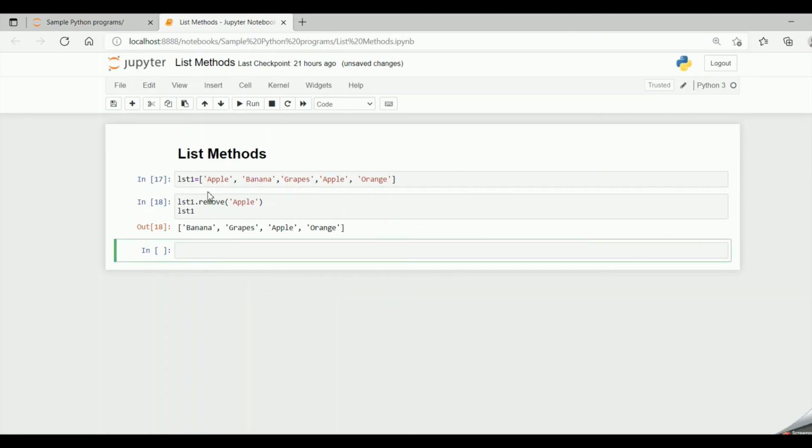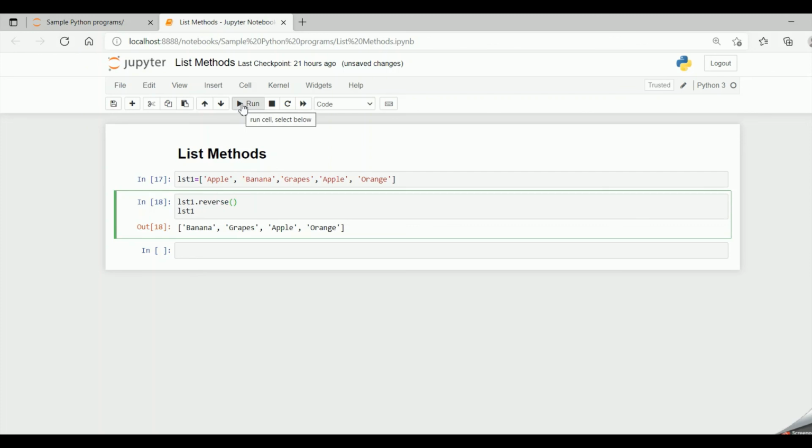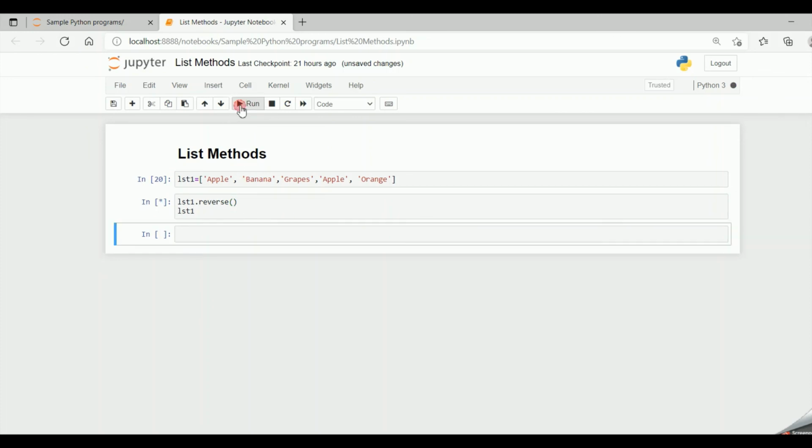Reverse. If I give lst1.reverse, it will reverse the contents of the list, and then if I say print lst1, it will show the reversed contents of the list. First let me run this, and then let me run this.